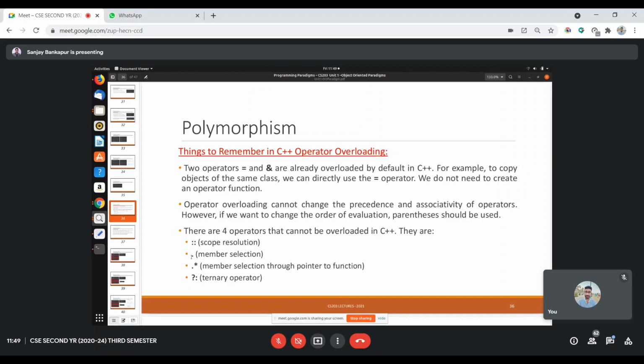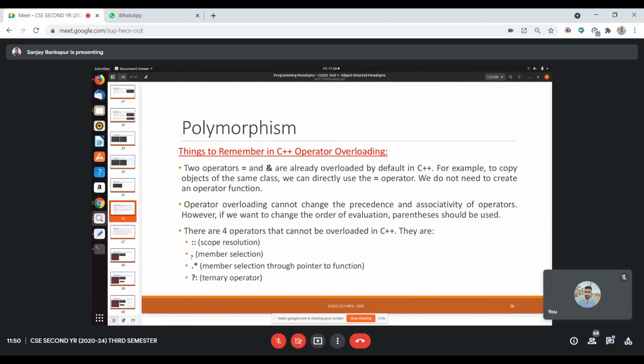There is one more, dot star, for member selection through pointers, which also cannot be overloaded. And the final one is the ternary operator, question mark colon. It is the best operator for an if condition. If this is true, then pick the first one, else pick the second one. That's the ternary operator.